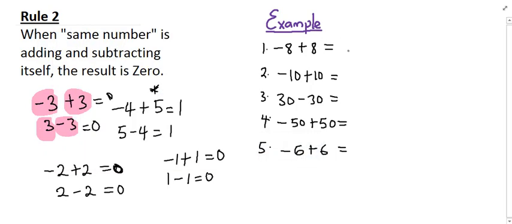Okay, so right here, negative 8 positive 8, 0, negative 10 positive 10, 0, 0, 0, and 0. So when the same number is subtracting and adding itself, or adding and subtracting itself at the same time, the result is 0. I hope this rule was very simple. Okay,